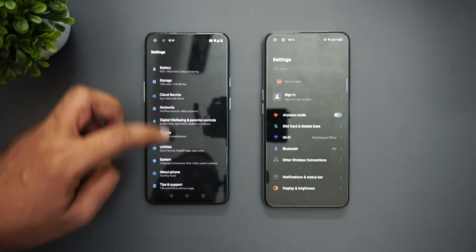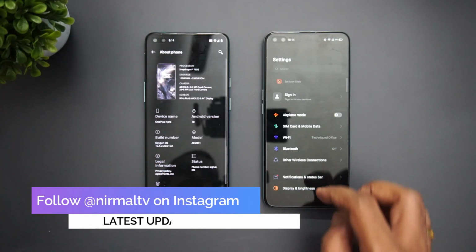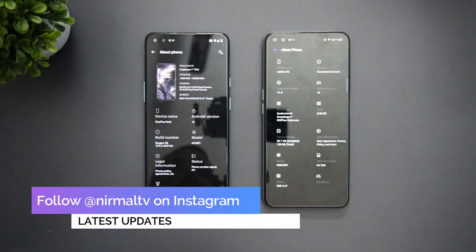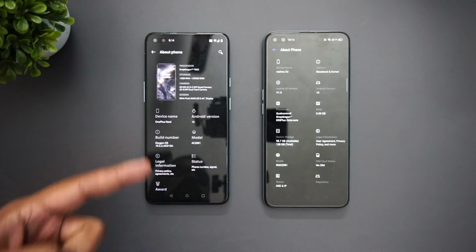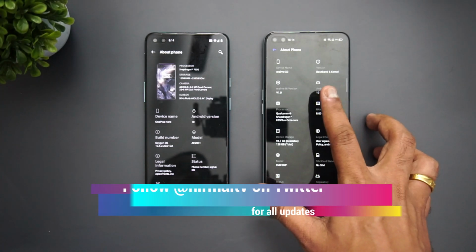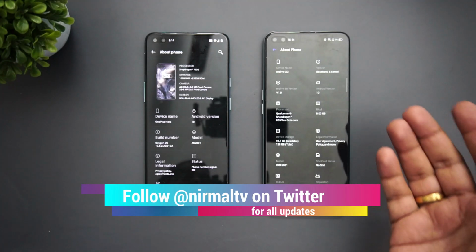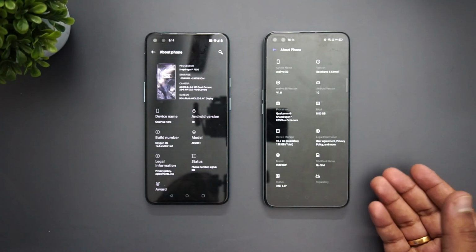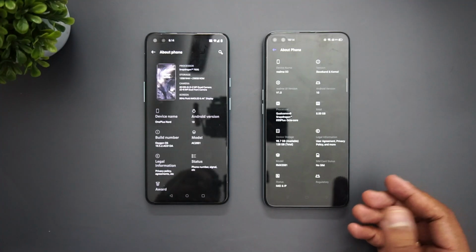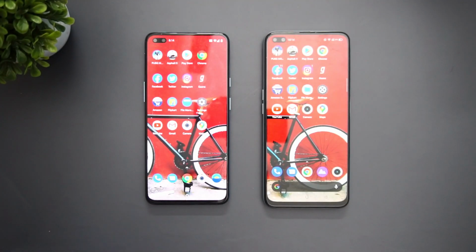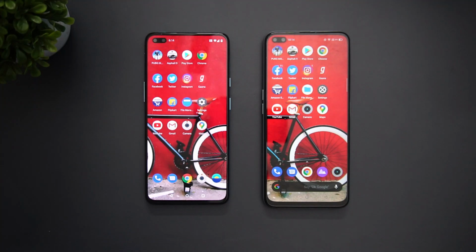So we have the OnePlus Nord with us, and this device comes with the Qualcomm Snapdragon 765 octa-core processor, and we also have Oxygen OS, while we have the Realme X3 with Realme UI version 1.0 and Android 10. We have the Qualcomm Snapdragon 855 plus octa-core processor on this device. So Realme X3 has a couple of advantages. One is that it has UFS 3.0 support. Also it has the Qualcomm Snapdragon 855 plus octa-core processor, while the OnePlus Nord has the Snapdragon 765G octa-core processor.